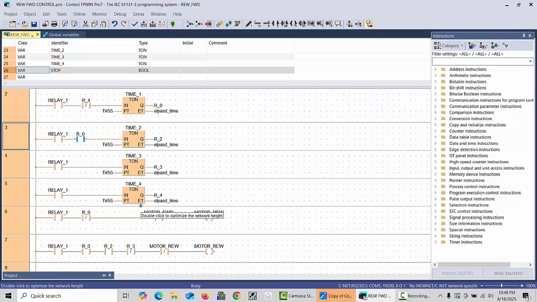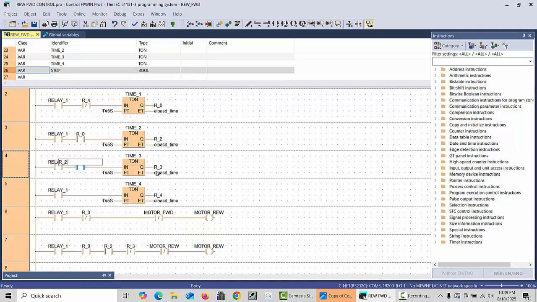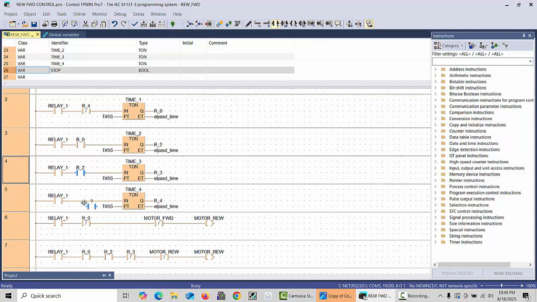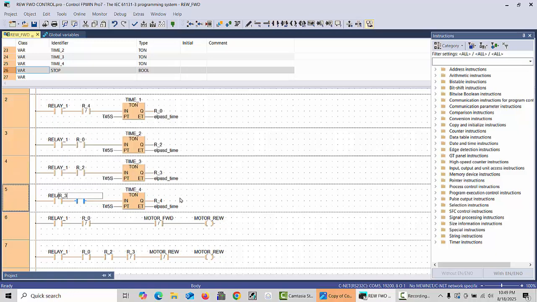R0 you have to put here, and here also you have to put R2. Select R2 and click enter, and for this we need R3. R3 and click enter. Now our program will work properly,